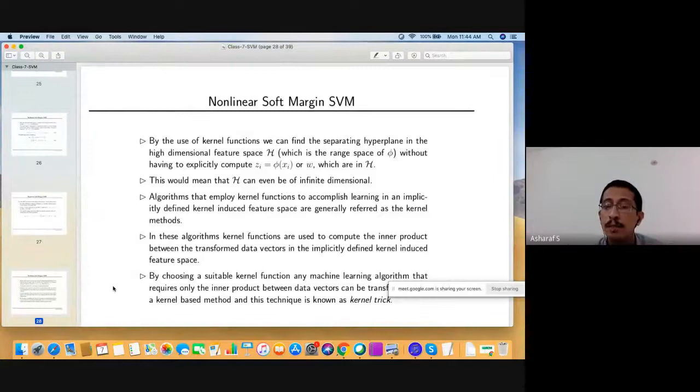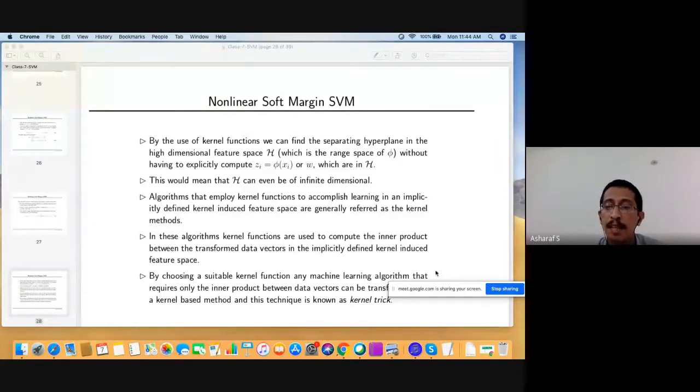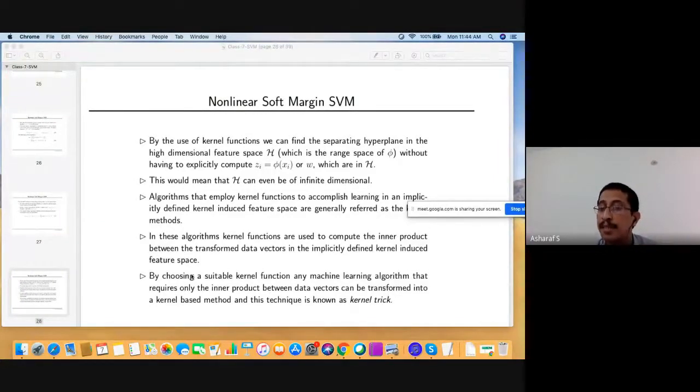By choosing a suitable kernel function, any machine learning algorithm that requires only the inner product between data vectors in the transform space can be kernelized, can be turned into a kernel method, and this technique is known as kernel trick. And SVM introduces this technique. You can see kernel k-means, kernel PCA, etc. There is a whole class of algorithms out there in the kernel